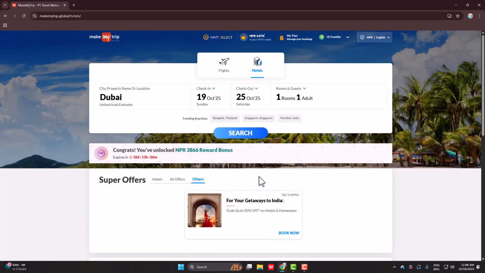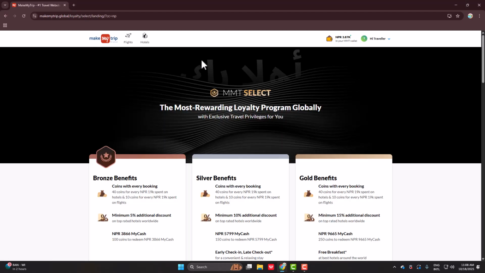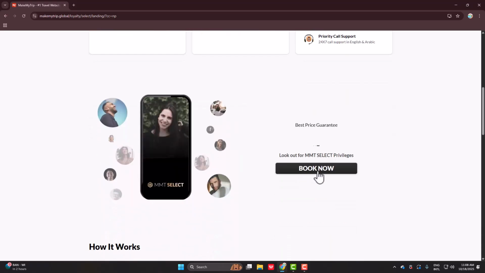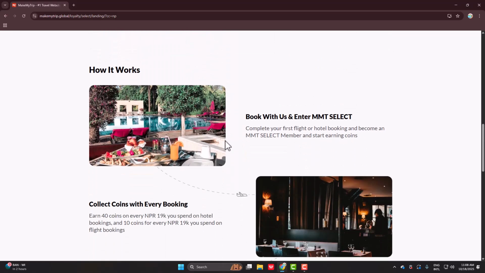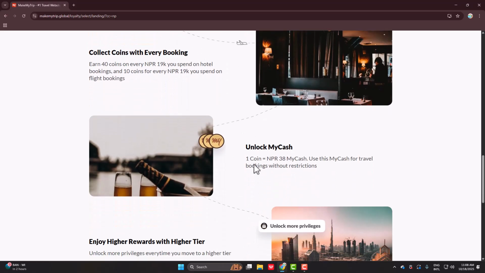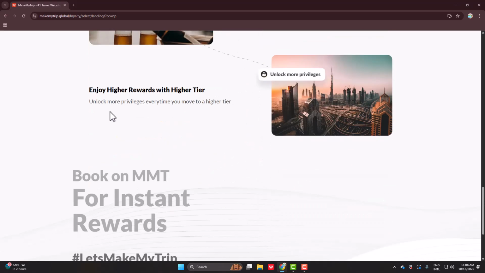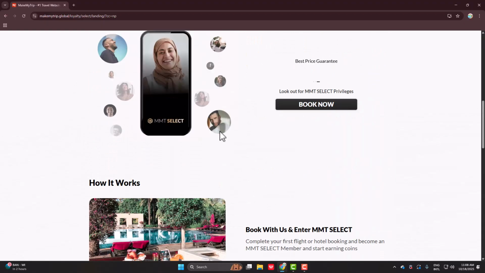However, if you want to get offers on most of your trips, what you can do is get their MMT Select privileges. That is just a loyalty program that they offer. All you need to do is click on Book Now and then get their membership. And on every certain amount you spend, you get certain coins which will help you get your coupons,